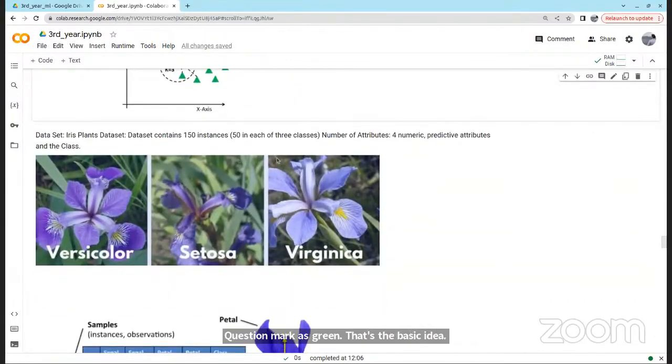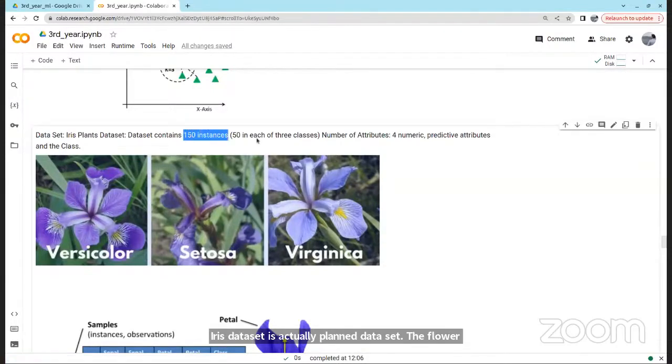So now let's go to the code once. You have the Iris dataset. The Iris dataset is actually a plant dataset, the flower dataset, you can say. In the dataset, we have 150 points, and each point comes from 3 classes.